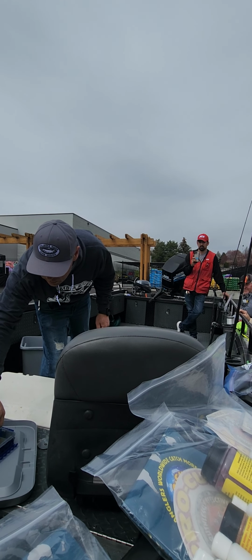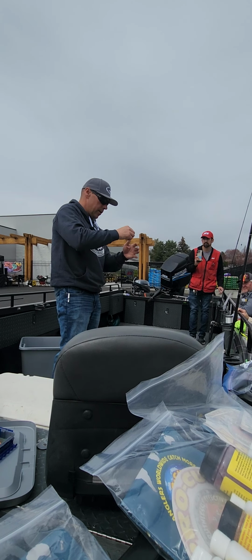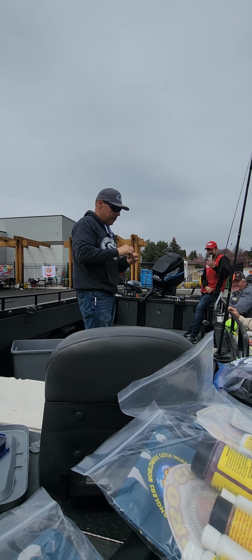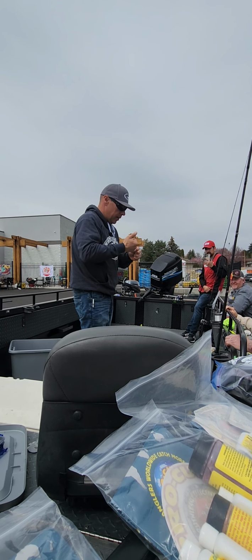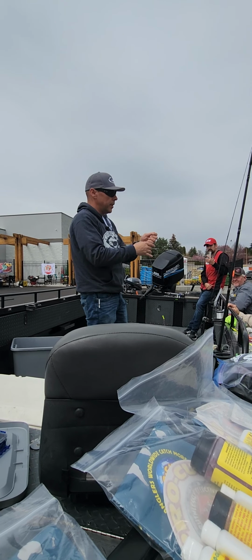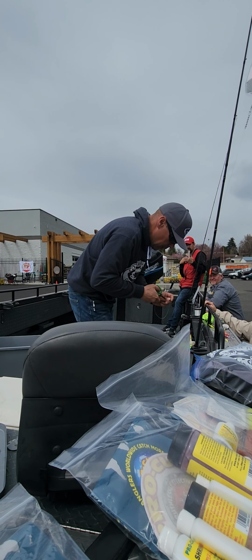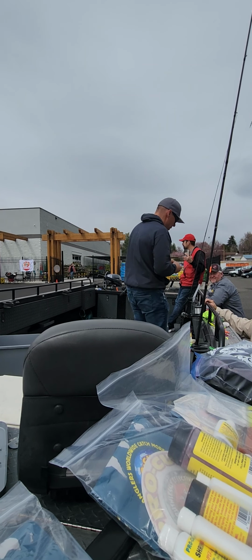And put whatever smiley blade. Figure out your leader length. Do an overhand knot. When you do it, you want it big enough so you can get your finger in there and really pull it tight. Cut your tag end off. That's it. And when you do your shrimp,